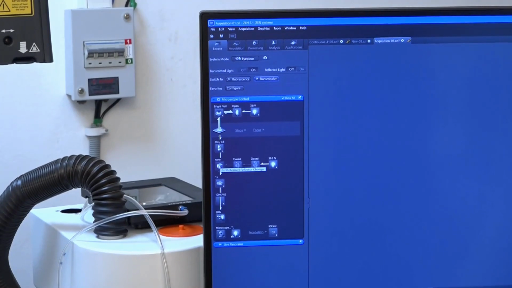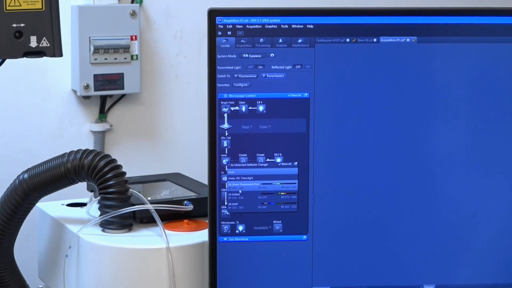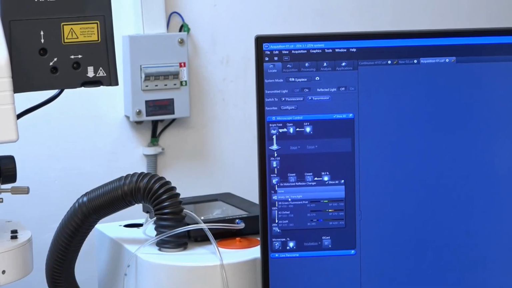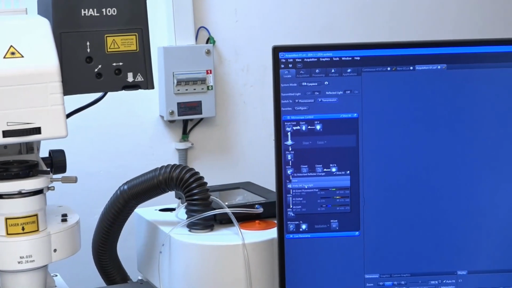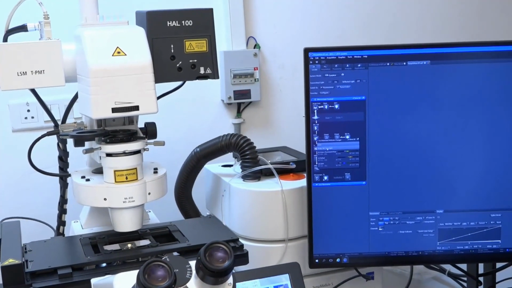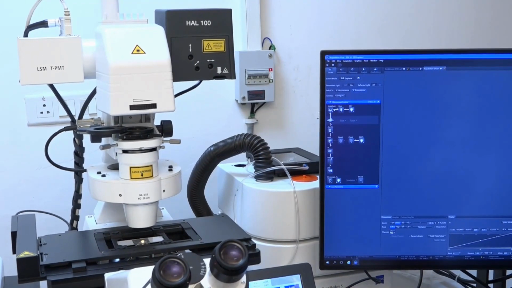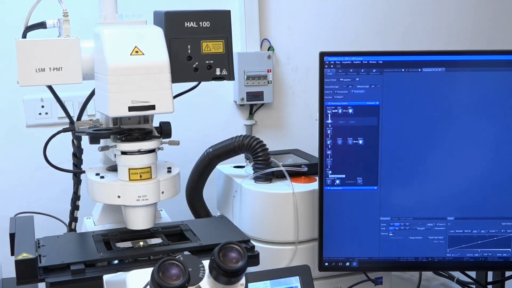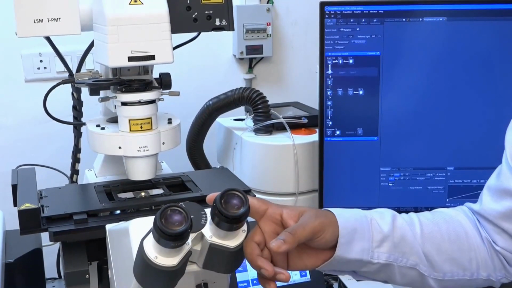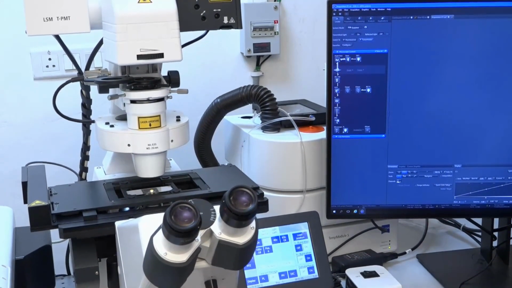Below the objective, we have the filter turret. In the filter turret in the system, for bright field or transmitted light, the light will automatically pass through the analyzer and the DIC prism that is placed, and if we click here, it will be for morphological studies. Through this it will pass through the tube lens below, and then it reaches the eyepiece, which is here. The eyepiece is 10x, and multiplied with the objective's magnification, it will give the total magnification of the sample you are looking at.